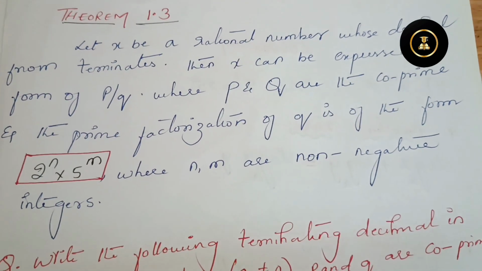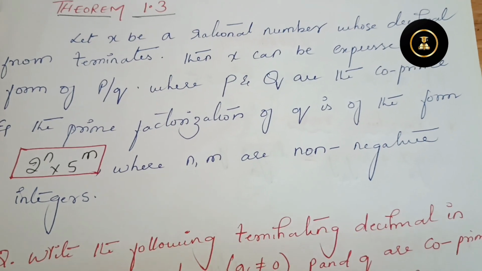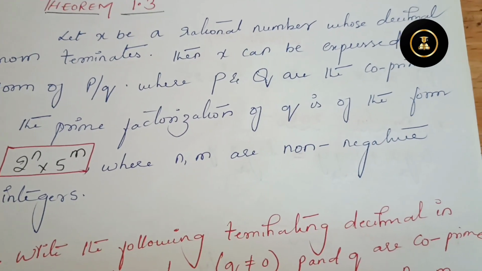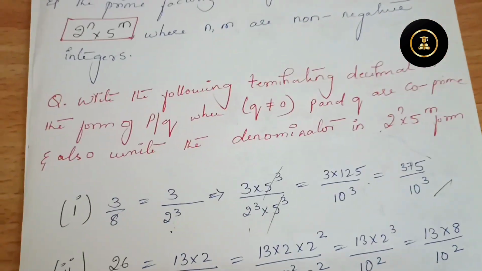But here they are saying that q should be in the form of 2 power n into 5 power m, where n, m are non-negative integers. Let's do some problems to understand the concept clearly. So the question is,